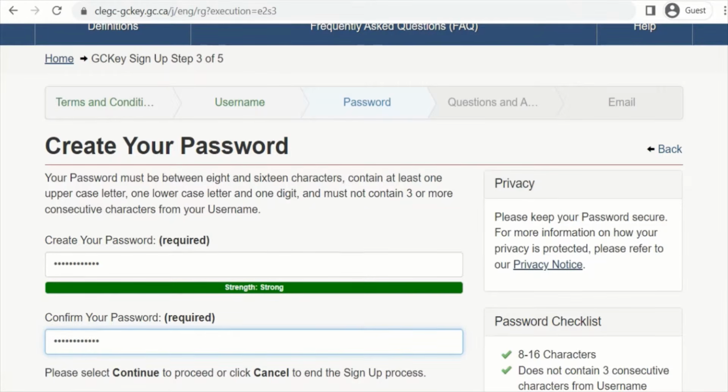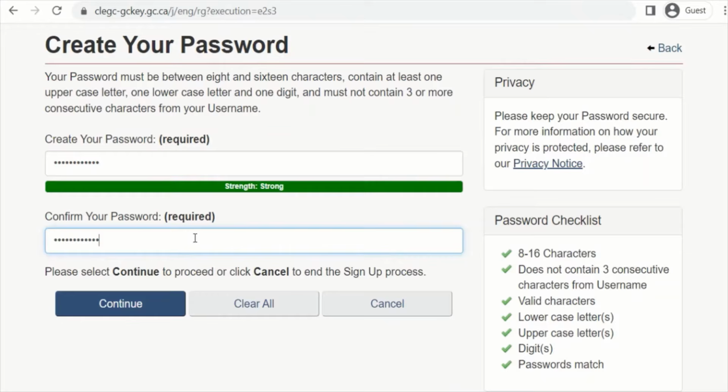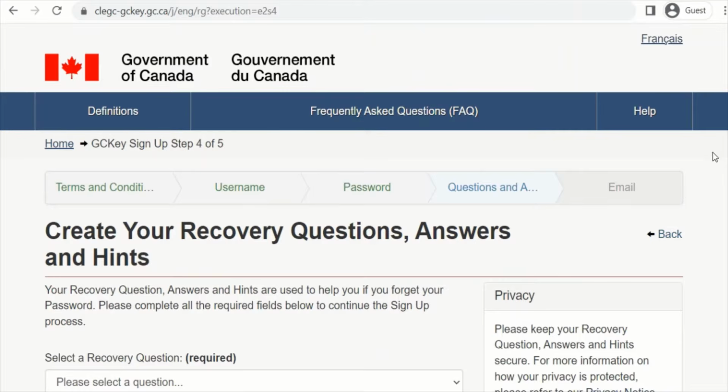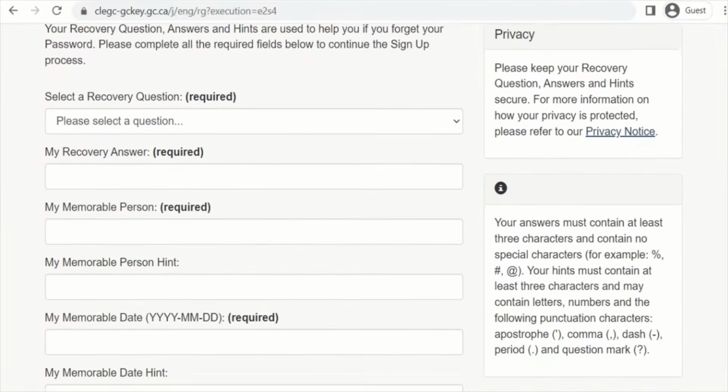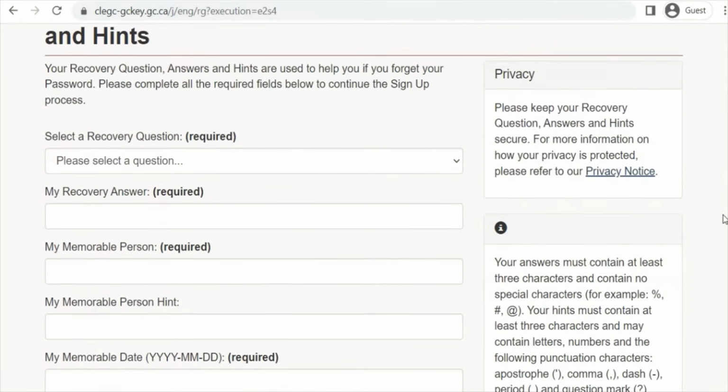So make sure that you don't copy and paste the password, because if it's incorrect you're going to be copying and pasting an incorrect password. So here I always recommend that you type in the password. So here you're just going to continue, and here you have to create recovery questions, and this has to be